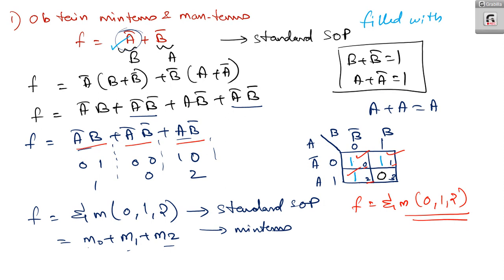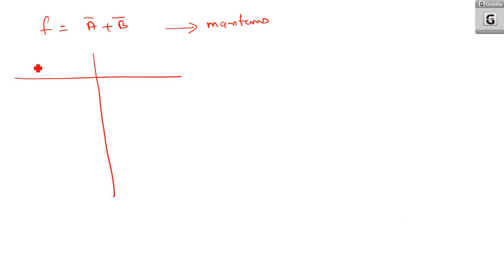Okay. So I have explained with the help of this K map also. Now, either you can go with this Boolean algebra technique or K map technique. So for the same expression, I am going to derive the max terms. What is the expression? What we have is f is equal to A bar or B bar. To derive the corresponding max terms, it is easy to form the truth table. So when max terms are asked, it is easy to form the truth table.